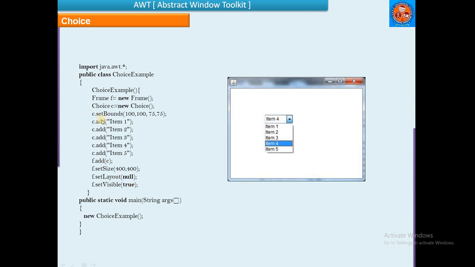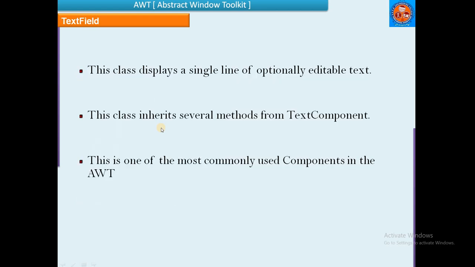The only difference is the selection. For creation of a list we use the List class, but for a choice we use the Choice class, new Choice. It allows us to select only a single item.